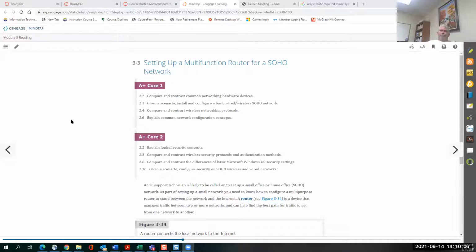Let me jump over to screen share. Okay. So here we are in this setting up a router. Now, there's things that we need to take into account before we ever go to do anything about setting up this thing. We got to figure out,